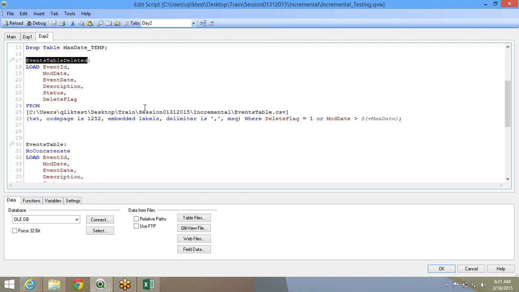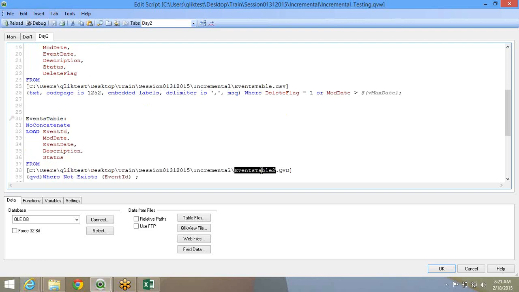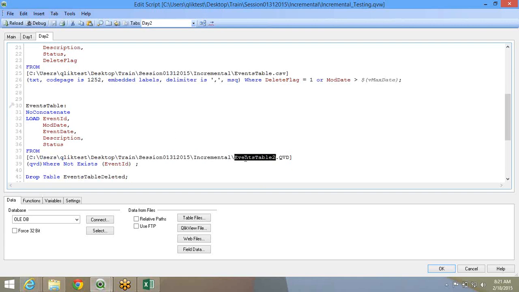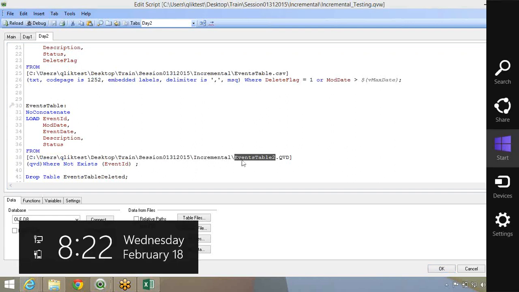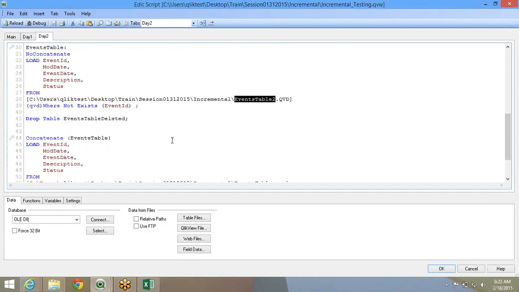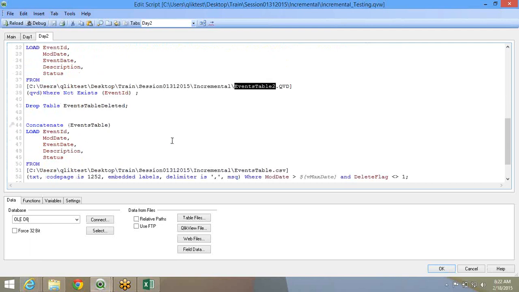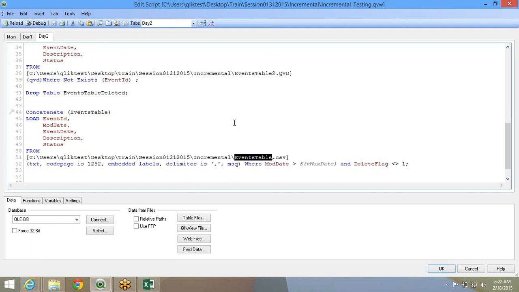Isn't that the day 2 table? Events table 2, isn't it? Not that one. Table 2 is the one I'm reloading, created on the first day. Okay, so we are creating, we are loading only not deleted and not modified records from here, from the existing QED. Then what we need to do is add only modified records from the top. From here, the component is only the modified one. Exactly. Looks alright.